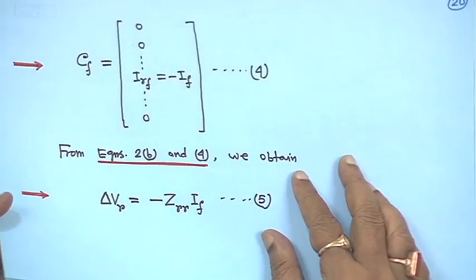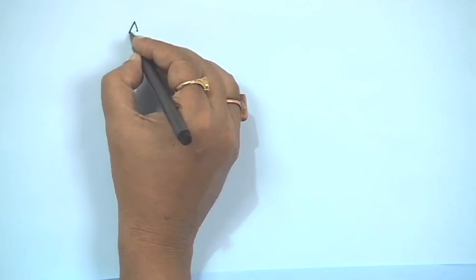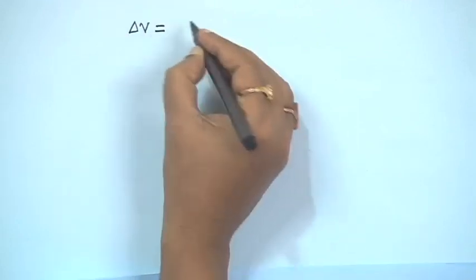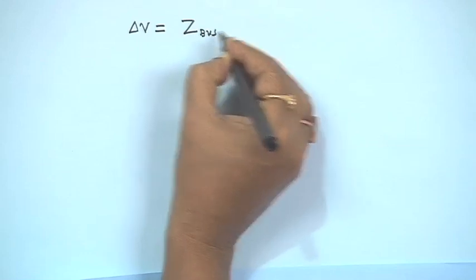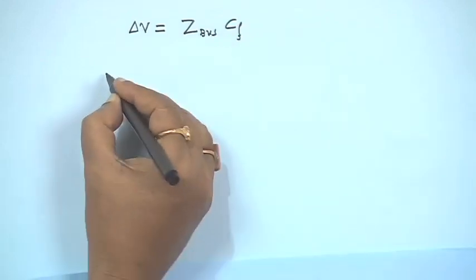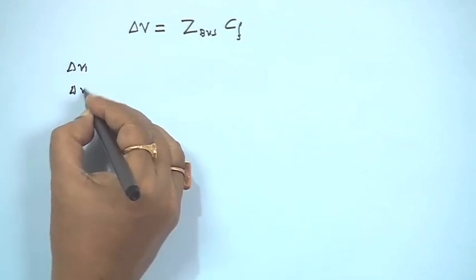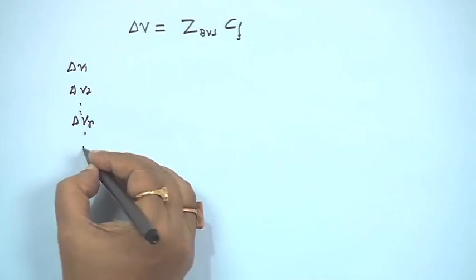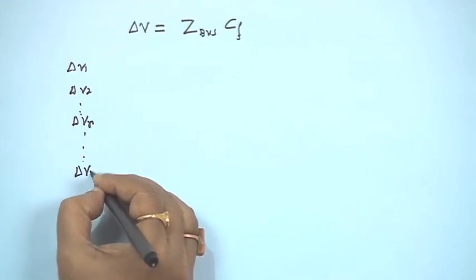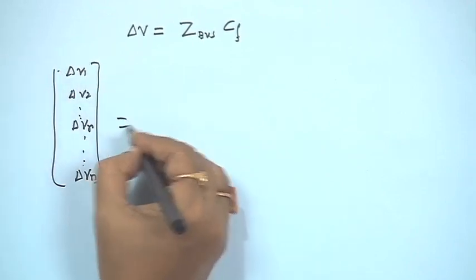Okay. So, how is this coming? I am writing one line for you: this equation we have taken, the equation ΔV is equal to Zbus times the fault current vector, right. So ΔV actually what? ΔV1, ΔV2, then ΔVR, the rth bus, then ΔVn, and this is equal to,